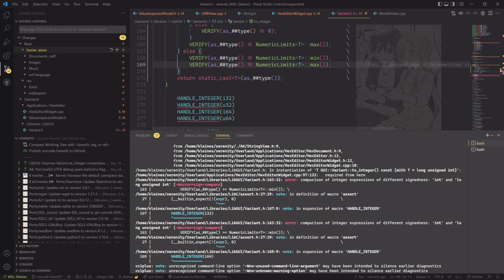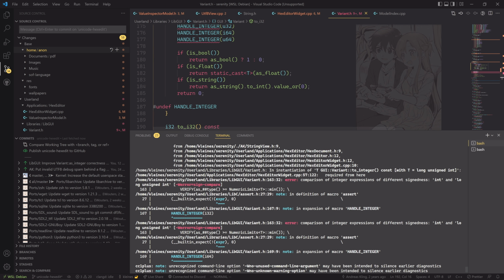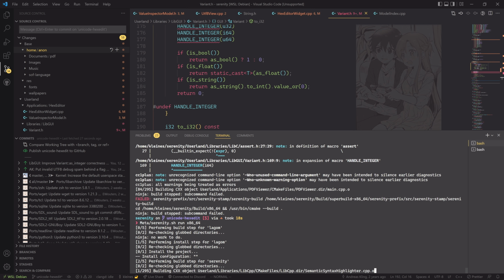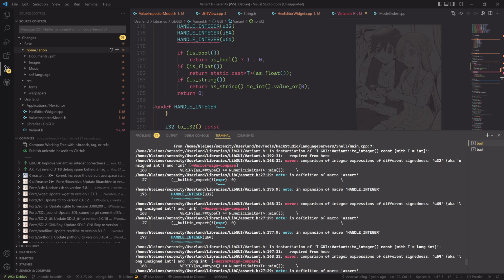No, I can't do that because of comparison of integers of different signs. Let's compile that actually, so that I can see the actual line of the failure. That is in macro